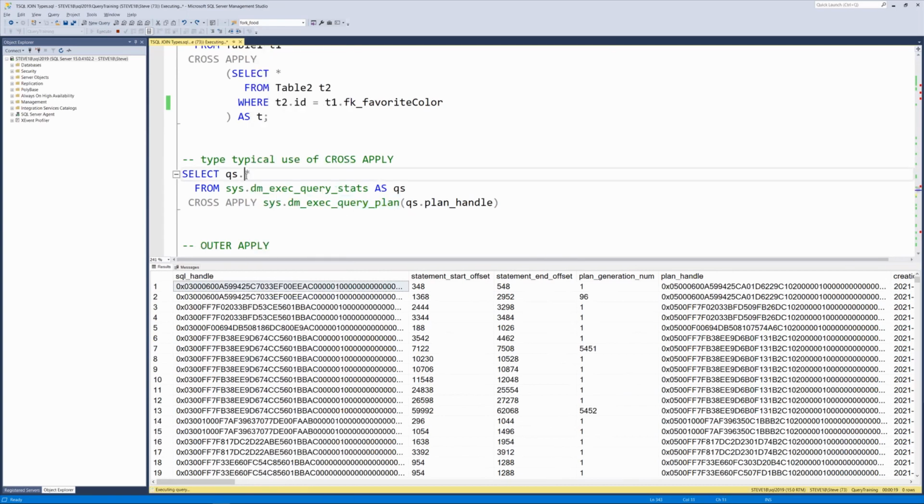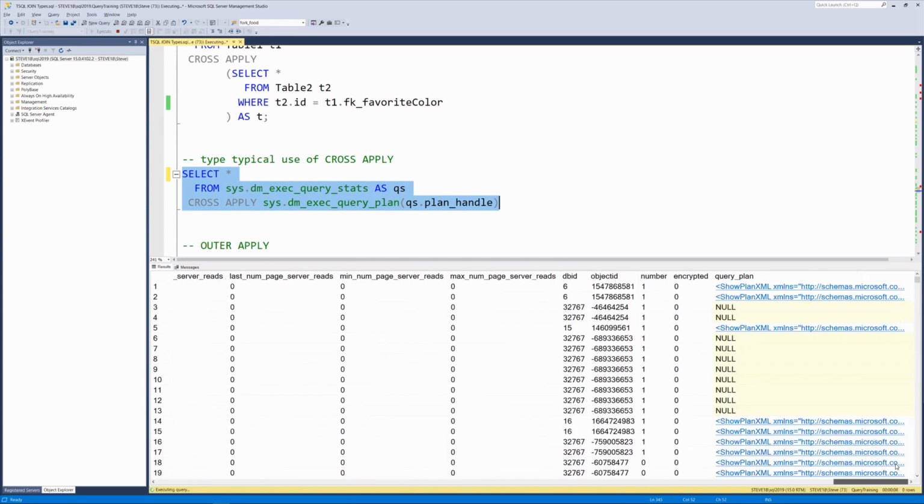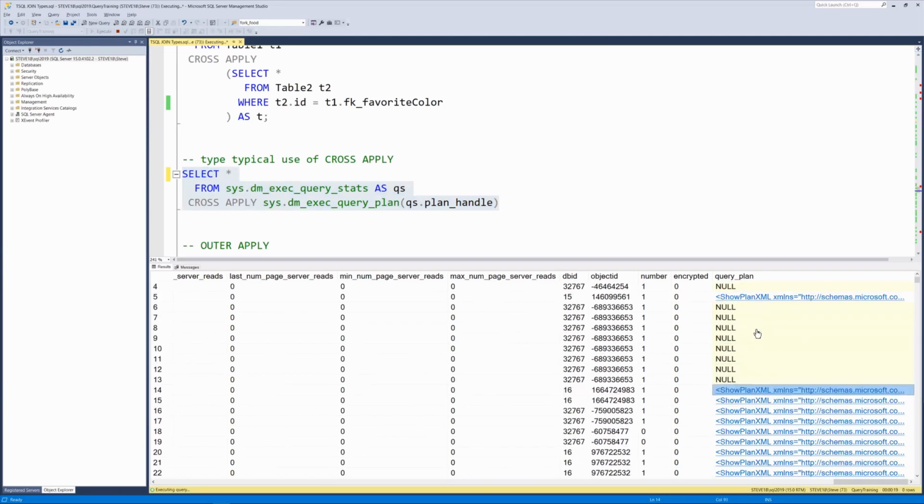The way we would use that is just change this to select star. When we run it, we get everything from QS as we specified there, but when we scroll over, we also get those that come from the query plan and the plan handle, and we can see the entire plan details here that were not included in the original part.